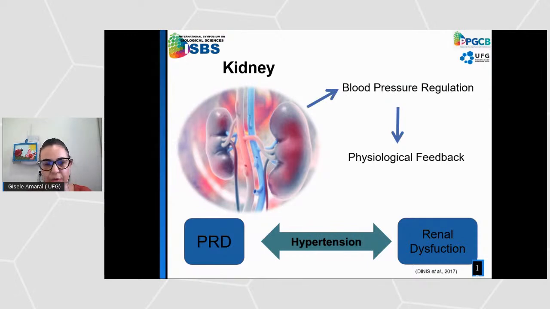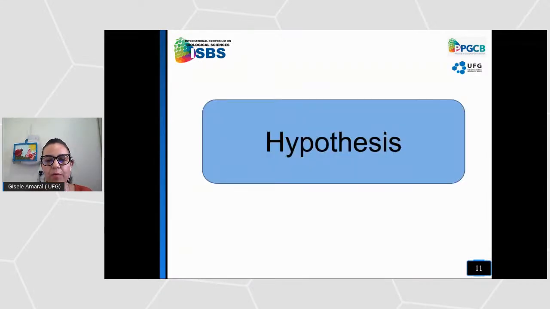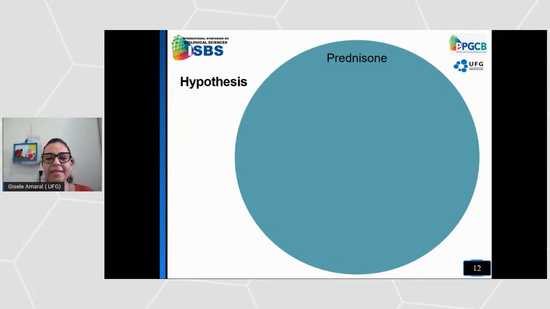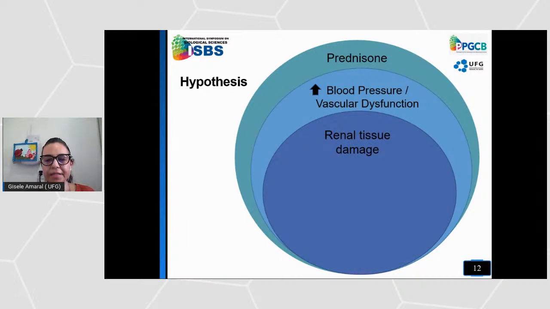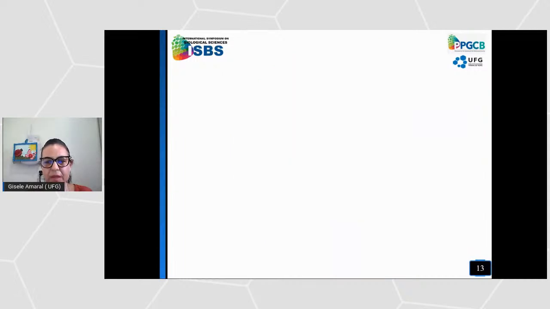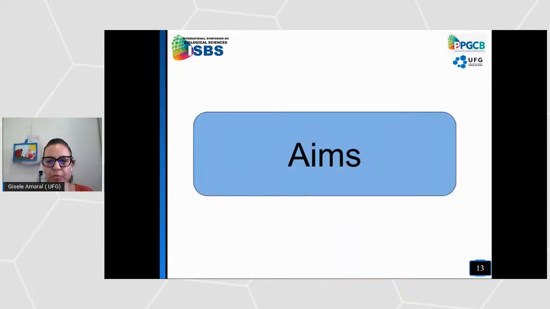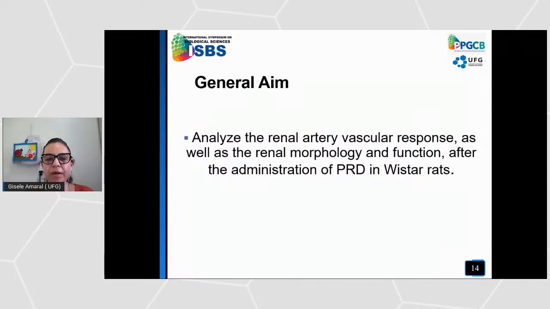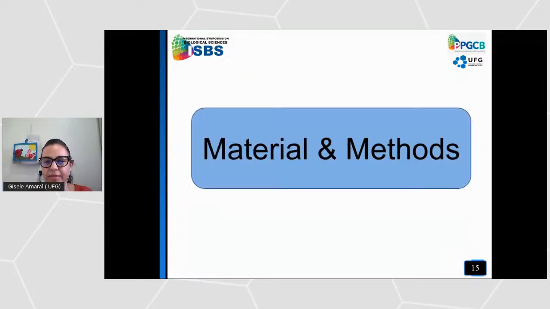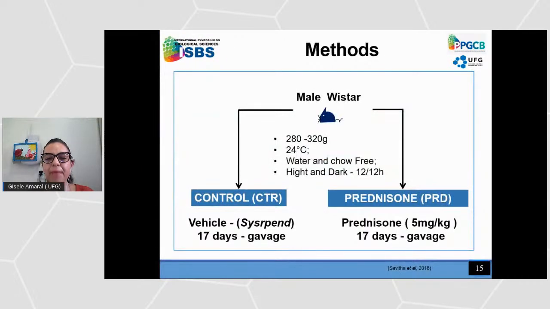So, the hypothesis of our work is that prednisone increases blood pressure, leading to vascular dysfunction, tissue damage, and renal dysfunction. So, the aim of this study was to analyze the renal artery vascular response, as well as the renal morphology and function after the administration of prednisolone in Wistar rats. So, male Wistar rats,